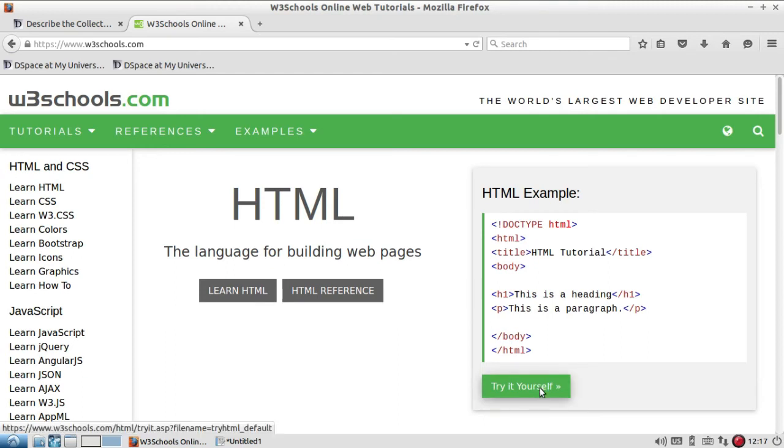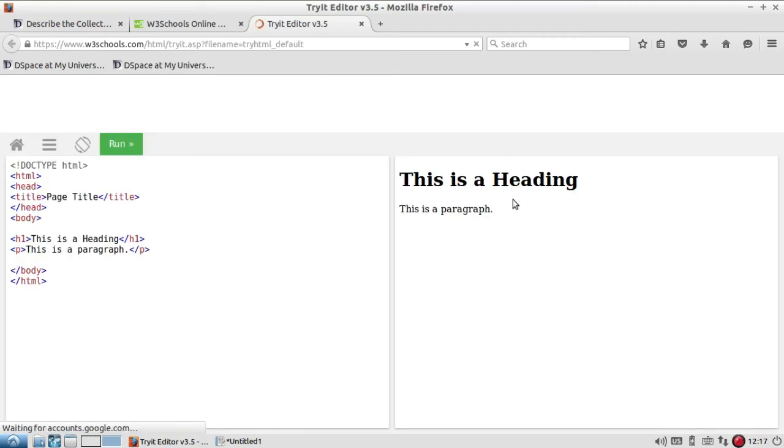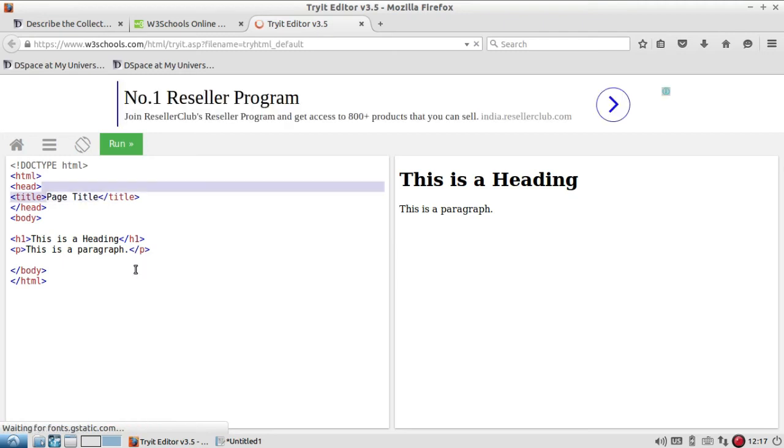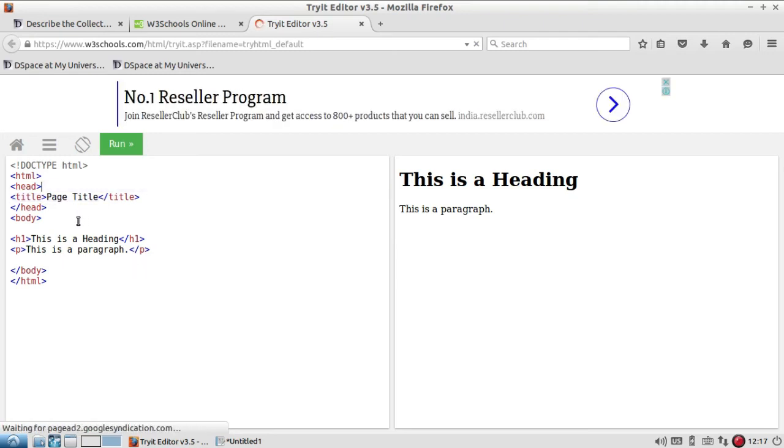So I am just clicking on try yourself, and it will show the editor, where on the left side you can add the content and the right side has a preview. So I am going to change the title of the page. For example, here videos, workshop videos, I'll give the name here, and virtual workshop on DSpace. This will be my heading, and the paragraph I am going to write as